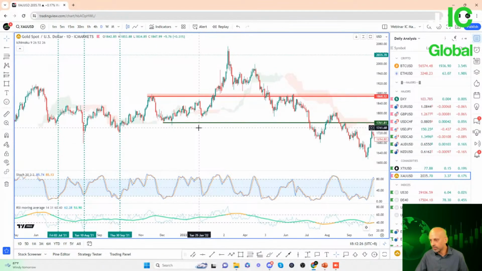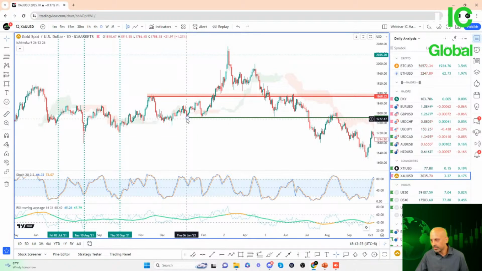All right, then we can also see here on 31st of Jan, so I'm just going to move this up here. We can see price finding first support here on 7th of Jan, moving higher and dropping down here on 28th of Jan. So we can see here price has formed a double bottom. We also see the oscillator hinting at oversold conditions. We also see the RSI dropping quite low here at about 40. And then as price bounces off 1782, we also see the stochastic oscillator moving up, RSI moving up. Once again, this gives us a good entry, a good signal to help us identify a strong move up.